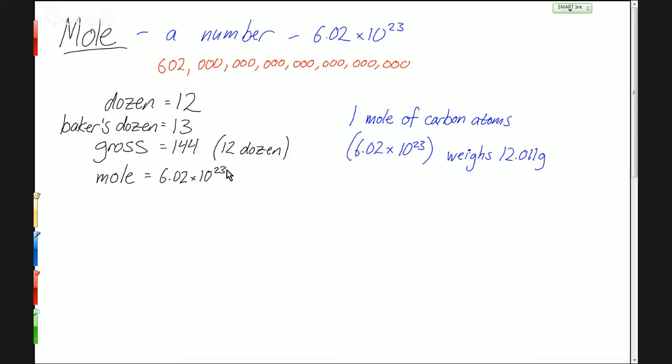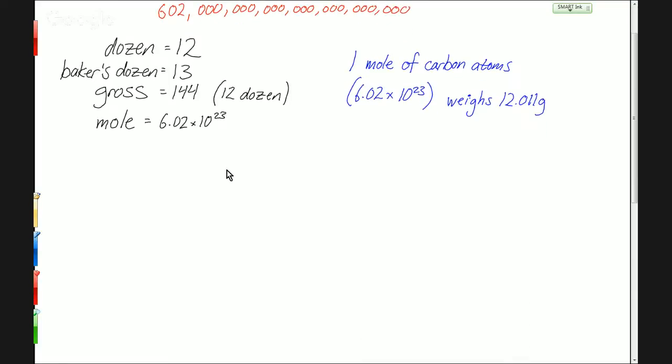And that's exactly what we do. Now, because there are so many atoms in any given sample, and atoms are so small, instead of counting them one by one, we usually count them mole by mole. So rather than saying 1 carbon atom, 2 carbon atoms, 3 carbon atoms, we say a mole of carbon atoms, 2 moles of carbon atoms, 3 moles of carbon atoms, where each mole has that large number of carbon atoms in there. All right, so we can say things like,